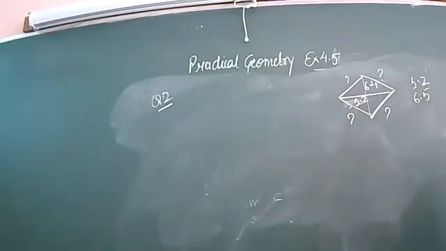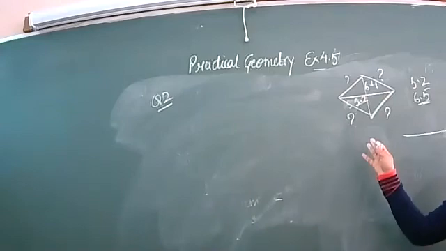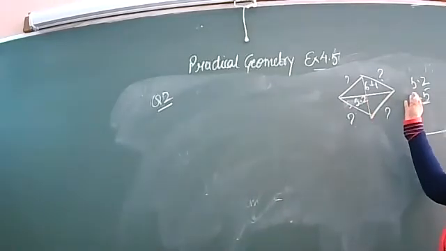If you remember, we did a similar question, in which we divided it and it became 3.25. That was the third part of the first exercise. So there one was odd, therefore we drew the odd one in the baseline. But here both are even, both the numbers are even, so you can draw any of them in the baseline. So let's start with this 5.2.